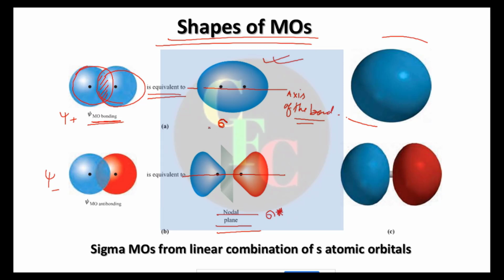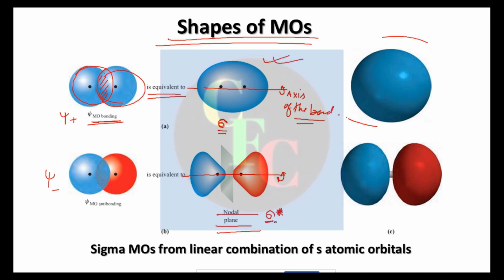Now, which orbitals do we call sigma? See, sigma bond or sigma star, sigma orbitals we call those orbitals which remain the same when you rotate about the axis, which do not change when you rotate about the axis. Suppose you rotate it like a skewer, if you just go on rotating it, will it change? It will not change, right? You cannot see any change, because it is symmetrical with respect to rotation about this axis. This kind of molecular orbital we name sigma. Both are sigma, and we put a star here for antibonding.